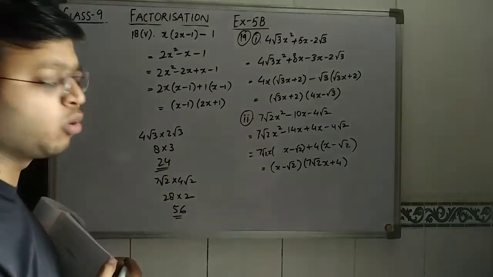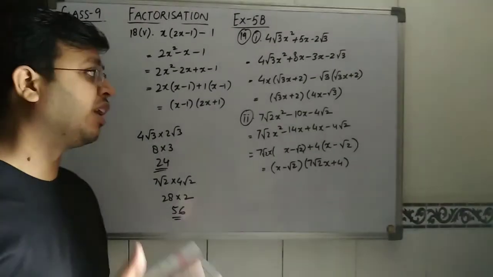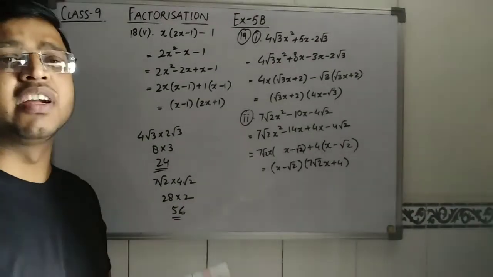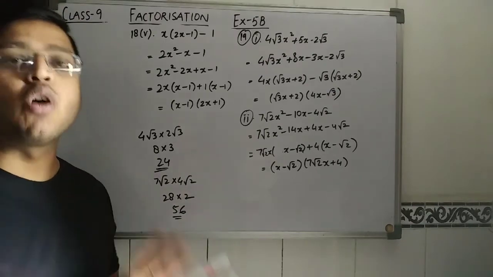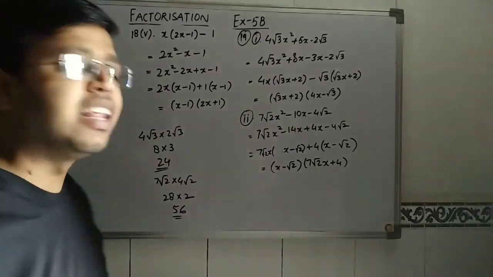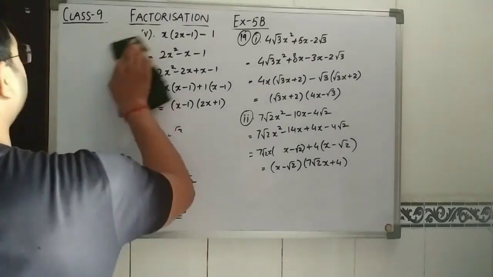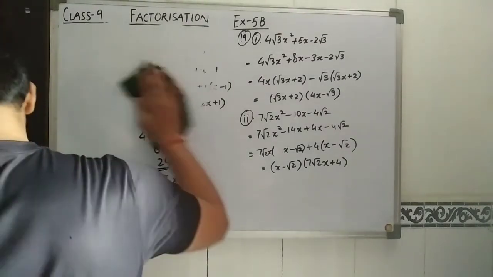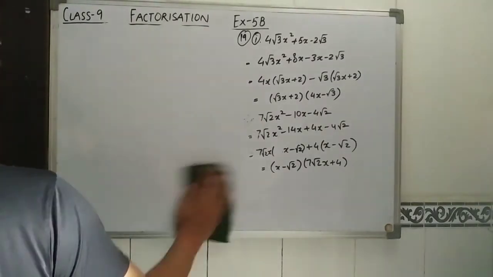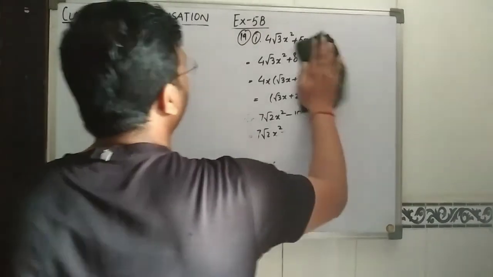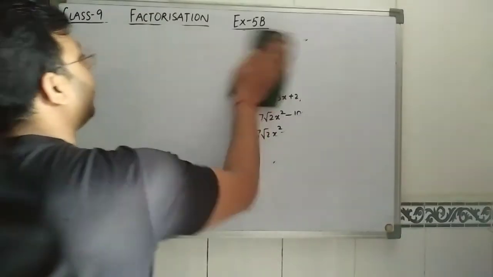So in the square root questions, nothing is different. Only the calculation is a little difficult. But if you have confidence about your calculations, then there will be no problem. Now, give possible expressions for length and breadth of the rectangle whose area is given. So look carefully at what will be the length and breadth.